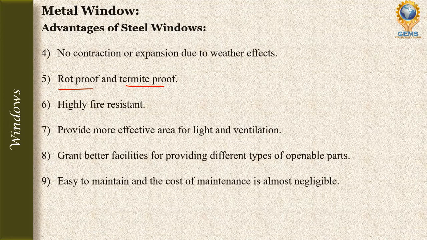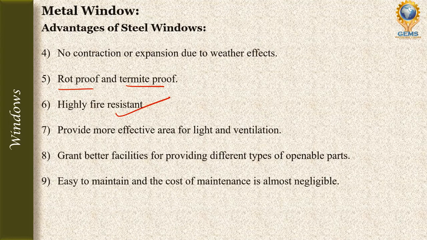And the sixth point is, they are highly fire resistant. Compared to wood, steel has higher fire resistance. Whatever the fire, the steel will stay as it is until it reaches its melting point, and steel's melting point is very high. But if you put fire to wooden planks, they will catch fire and spread it to other parts as well. So steel has high fire resistance.